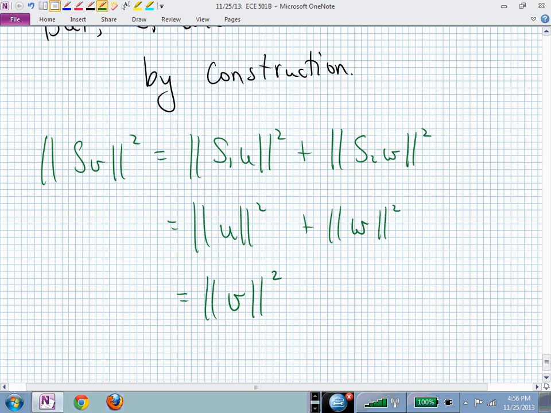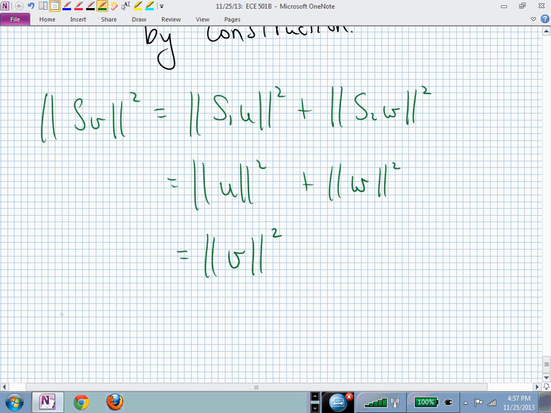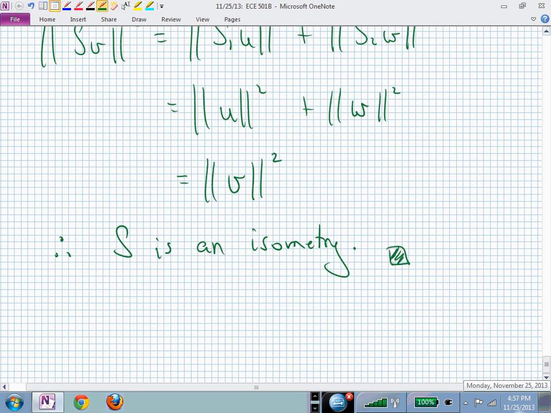To show that S was an isometry, we needed the norm of SV to equal the norm of V. We could take the square root of both sides to show that. So now S is in fact an isometry, and we have basically gone all the way around and shown that we do